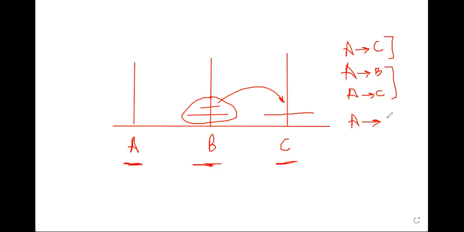So I'll take the first one and put it to C. Okay, and then I'll take the second one and put it to B. Okay, and then I'll move from C to B, right? And then one disk will be left in A, and I'll move one disk from A to C, and then